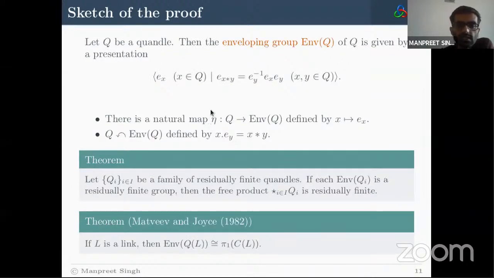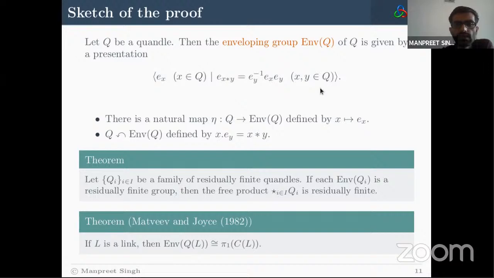For split links, we need to study the property of residual finiteness under the free products. I would like to comment here that free quandles are residually finite, as they are actually sub-quandles of the conjugation quandle of free groups, and free groups are known to be residually finite. Now let Q be a quandle, then the enveloping group associated to quandle Q is defined by a presentation as